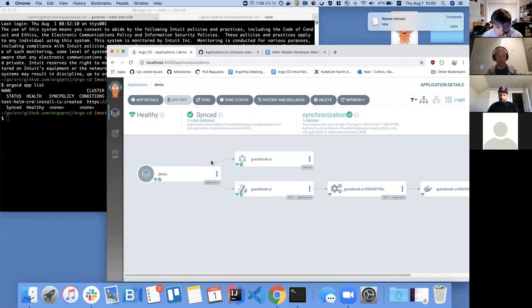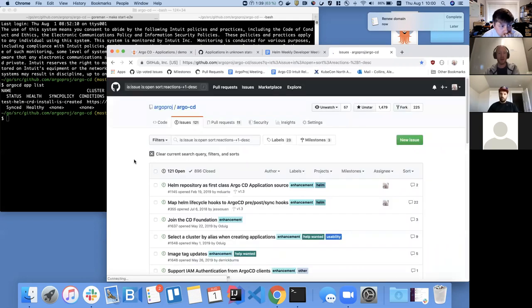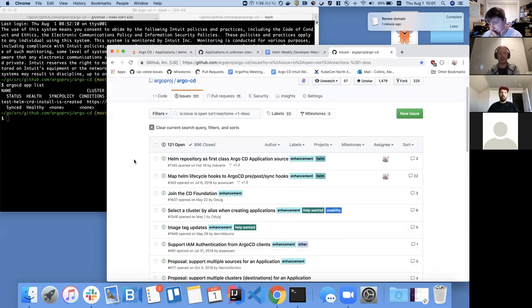There's a whole bunch of other features I'm not even talking about, things like RBAC, auditing and logging, and various other things, and different ways of triggering, different Git repositories we support, and different tools we support. But what I'm here really to talk about today is the fact that in our next release, our V1.3 release, we've had a lot of feedback from developers in the community, and one of our biggest customers. And if we look at the upvoted issues here in the repository, they're all very much Helm related. People want better support for Helm.